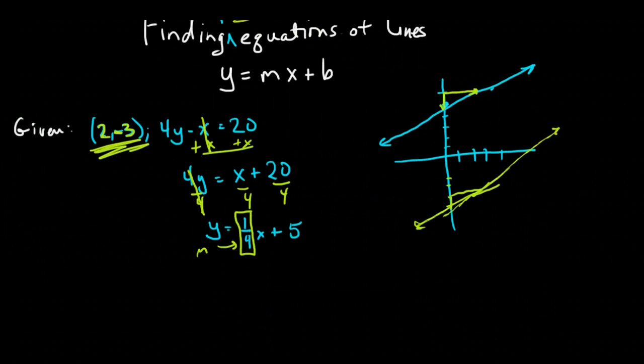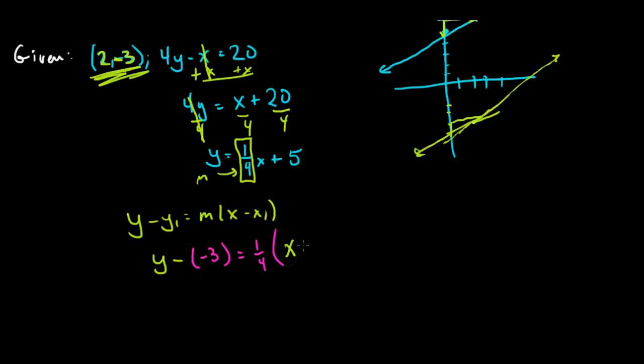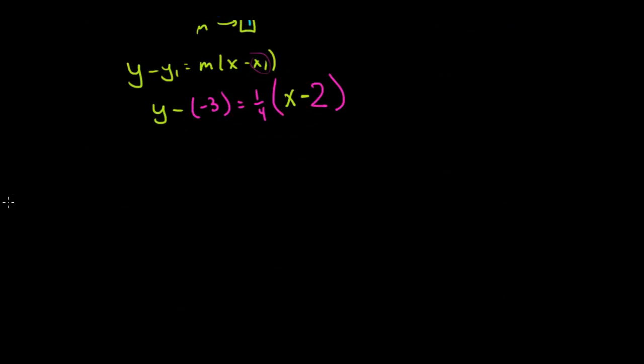So now all I need to do is use my point-slope form with my m. Here's the point-slope form: y minus y1 is m times x minus x1. Let's substitute 2 and -3 and this slope of 1/4. So y minus a negative 3, that's my y value, is equal to our slope of 1/4 times x minus our x1, which is 2, so minus 2 there. We can just solve that for the equation of the line. Minus a negative means it's a plus 3, so y plus 3 is 1/4 of the quantity